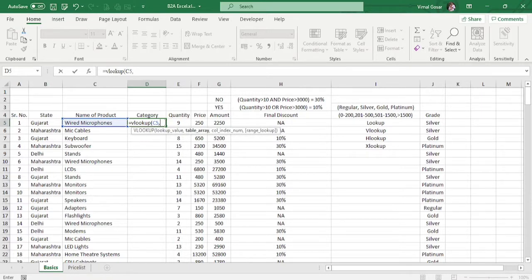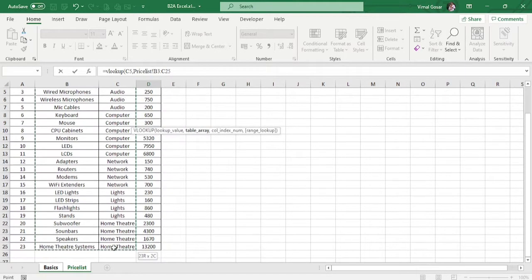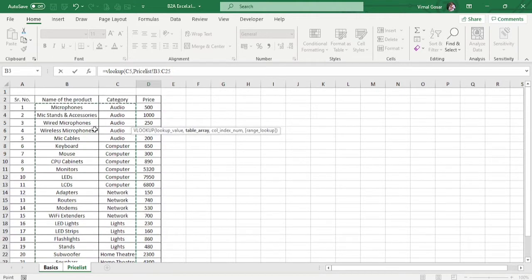So without actually coming out of the formula, we can directly click on price list, and I will completely draw a table around my name of the product, category and price. Right now, as of now, we just require category. So what I'll do is I'll just draw an entire table. I'll just drag it down, and once it is ready, I will click on comma. So my table is drawn, which was including the name of the product as well as the category.